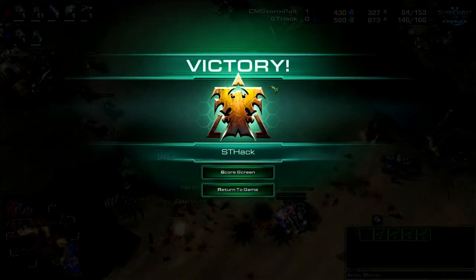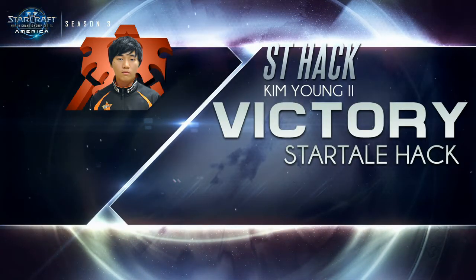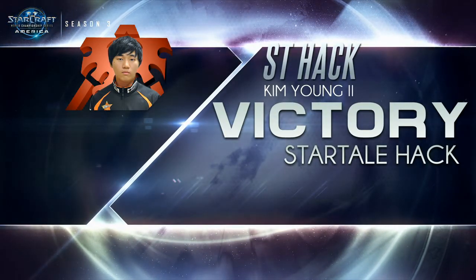GG! Hack ties the series up 1-1 with a brilliant maneuver. On Akilon Wastes, we talk about how it is a macro map. So easy to take those 4 bases, but Hack said an assault at the third into a drop in the main is a huge weakness, and he committed to that on 2 base. It's a very risky play. It requires amazing